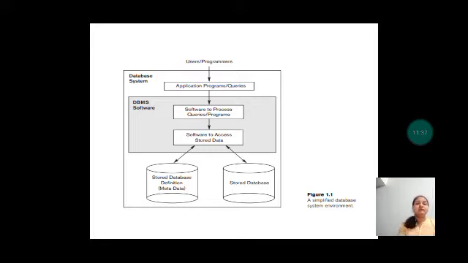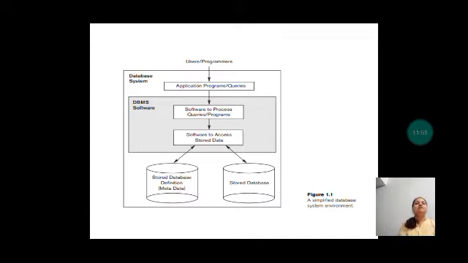Those programs and queries will be passed to your DBMS, and the DBMS will have software which will process the programs the user has sent, or process the queries written by the programmers or the users, right?